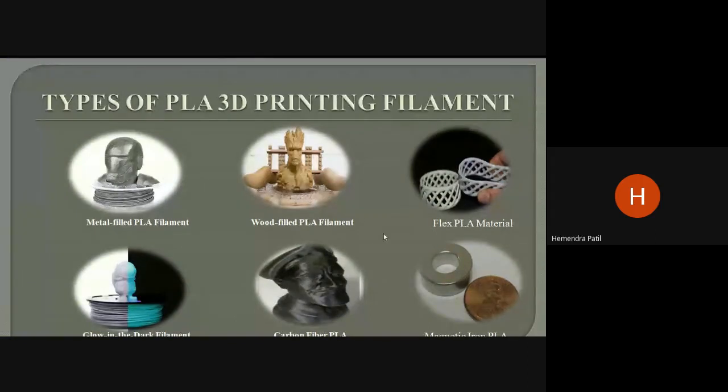One more I have added here is magnetic iron PLA. Magnetic iron PLA, as its name implies, reacts to a magnet and behaves similarly to pure iron, even to the point of rusting. Magnetism opens up a new world of practical applications and fun creations. It is an especially great choice for costumes, outfit pieces, and props.